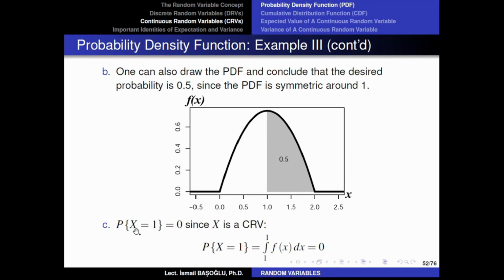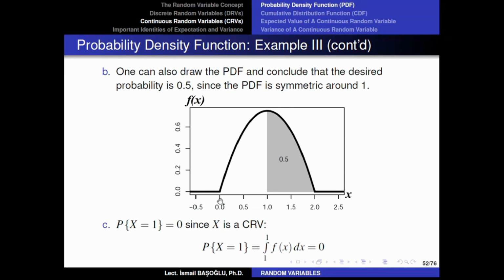What is the probability that x is equal to 1? Remember now, for continuous random variables, a random variable being exactly equal to a certain value always has probability 0. The event x being equal to 1 is improbable, so there is no positive probability for that. It is improbable, however, it is not impossible. At some point, x can be realized at 1. Anything between 0 and 2 is possible.